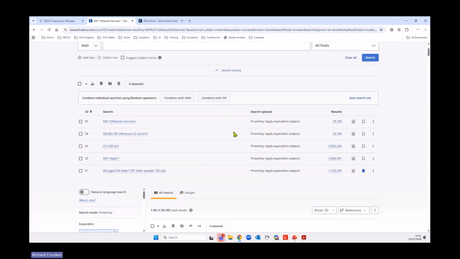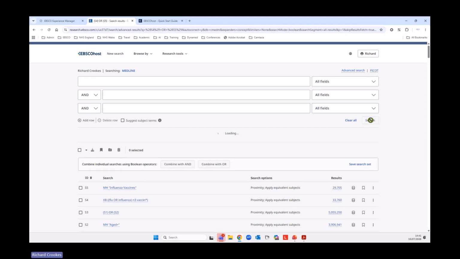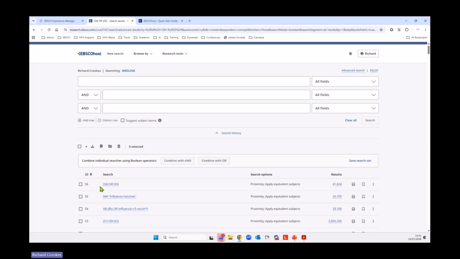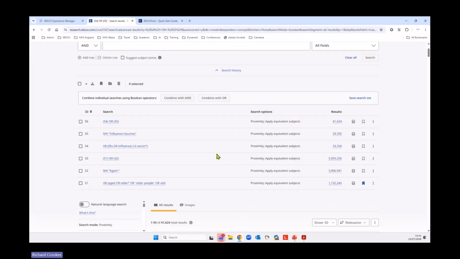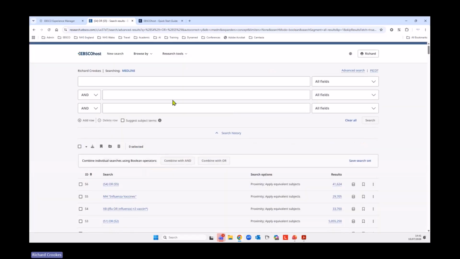So this will be the second element of PICO, the intervention, and the final element we look at will be the outcome. Sorry, the outcome, not comparison, because there isn't one, as it were. Indirectly there is, because it's not no flu vaccine, as it were. So for that, we're going to approach it the same way. Do our keyword searching, our free text searching in the top search box. Again, for title abstract, so I'm going to put pneumonia, but I'm going to put in,